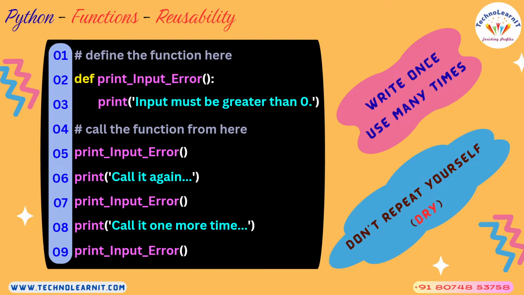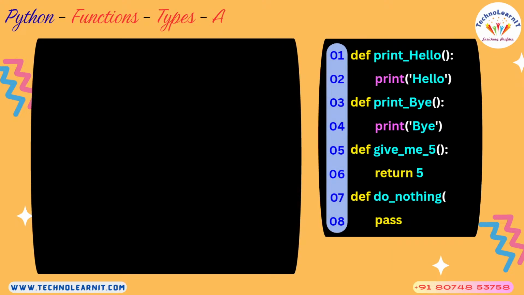This is what the principle here is: don't repeat yourself. That means don't repeat writing the same code again and again within big applications in general. Why? Because it becomes difficult for you to maintain such code if you repeat yourself. So instead of repeating yourself, you write the code only once, but make use of that code again and again wherever you want by just writing a calling statement to that function, right? That is nothing but don't repeat yourself, but just write it once and use it many times.